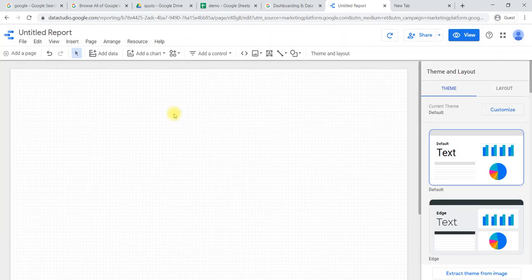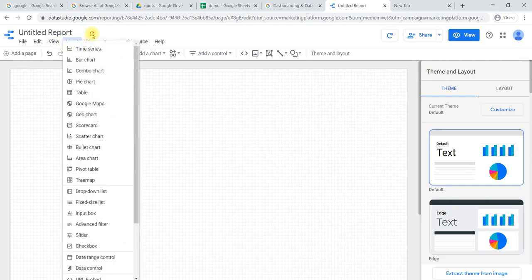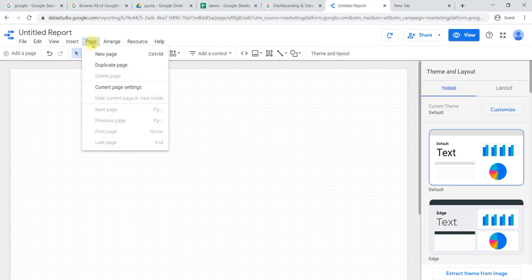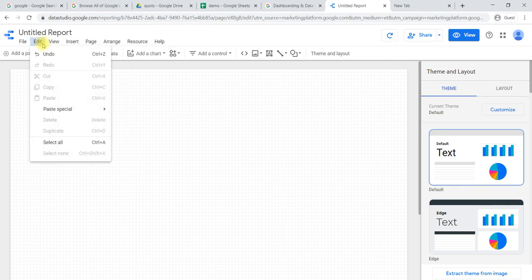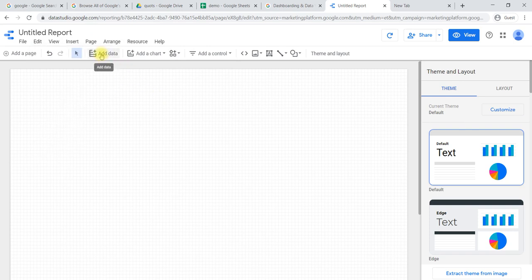You will come back, and it will refresh automatically. Then come to here, add data, you can add additional data from here itself, or you can use a refresh button here to refresh the data. Whatever data you have edited will be refreshed here. This is about how to manage the data and the interfaces available in Data Studio.